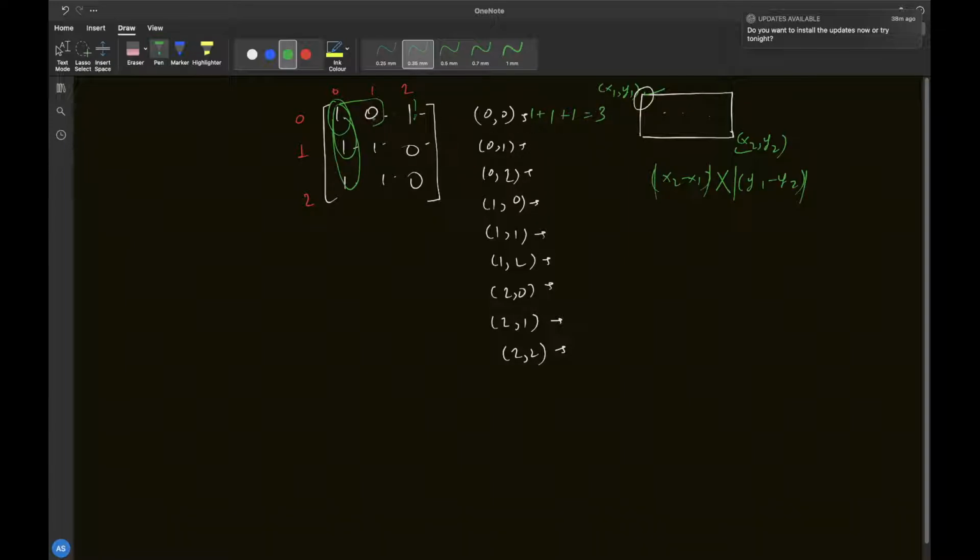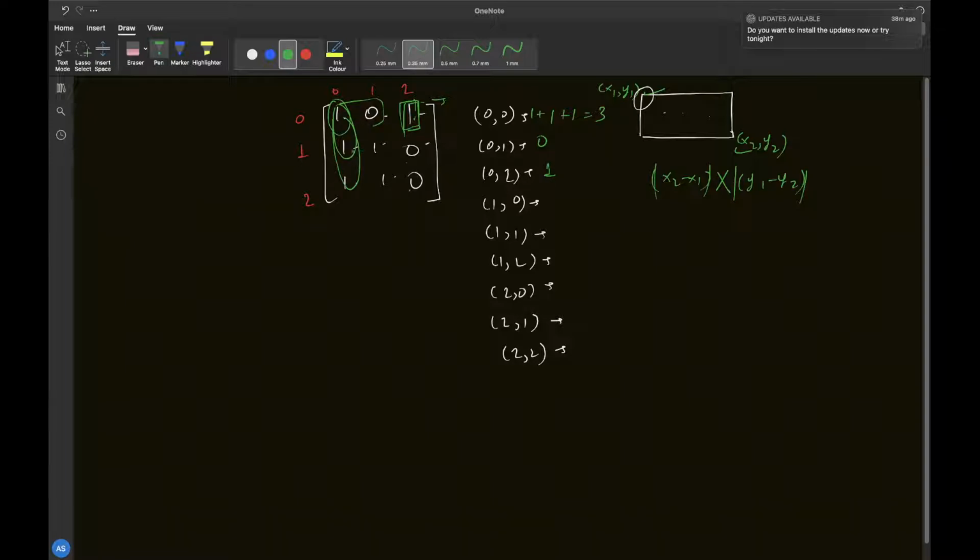Now let's come to 0,1. 0,1 is 0, so we cannot take it as a top left corner, because we want rectangles of only ones. Now let's come to 0,2. With 0,2 as a starting point, we can only make one rectangle, because if we try to extend downwards, we have 0, and we cannot extend to the right. So for 0,2, the number of rectangles is only 1.